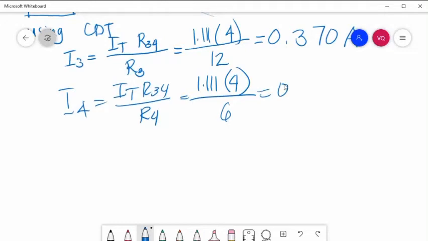So that is 0.741 amperes. So if you add I3 and I4, it is actually equal to IT because you can see here at this node,